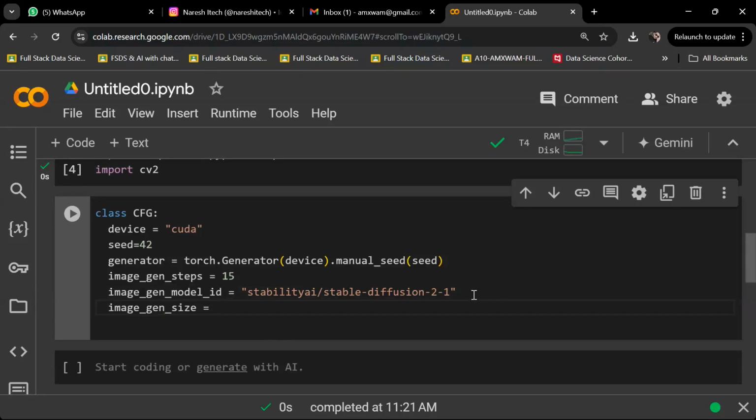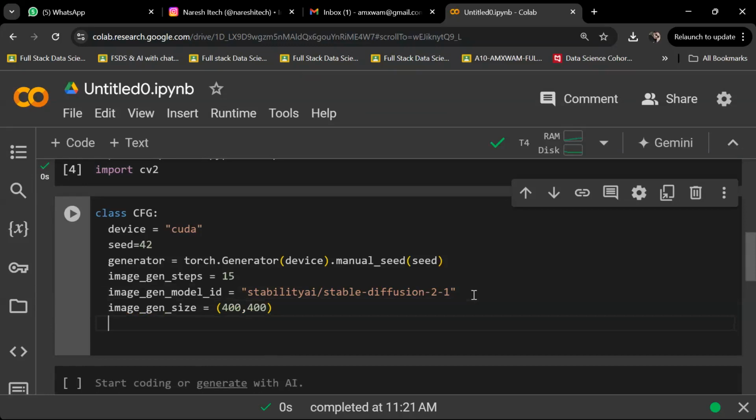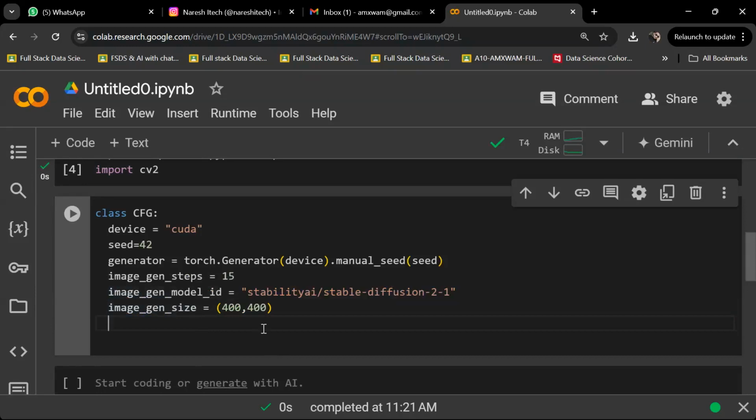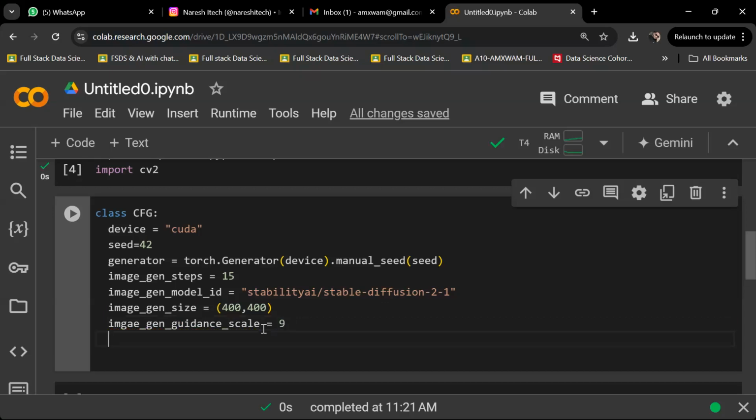Gen_size equals 400, comma 400. You can say 500 and 500 as well. It's up to you, because by default it's 400. Then image gen, the guidance scale is by default 7.5, but I changed it to 9 here. And then the prompt. So to create a prompt,